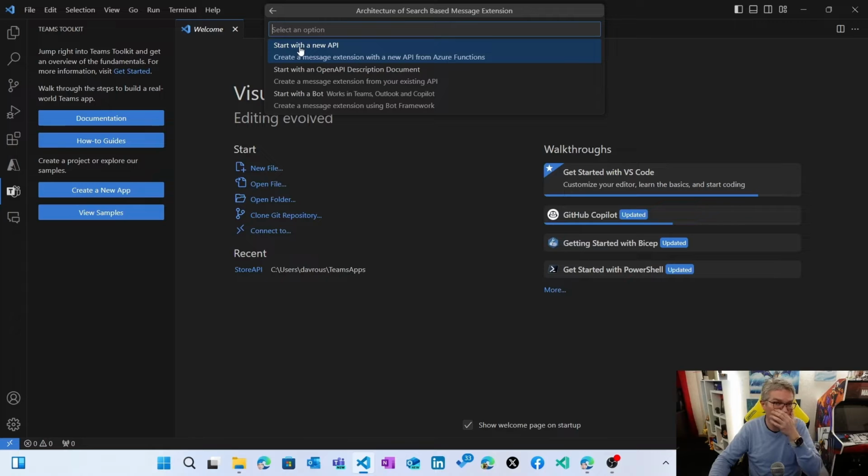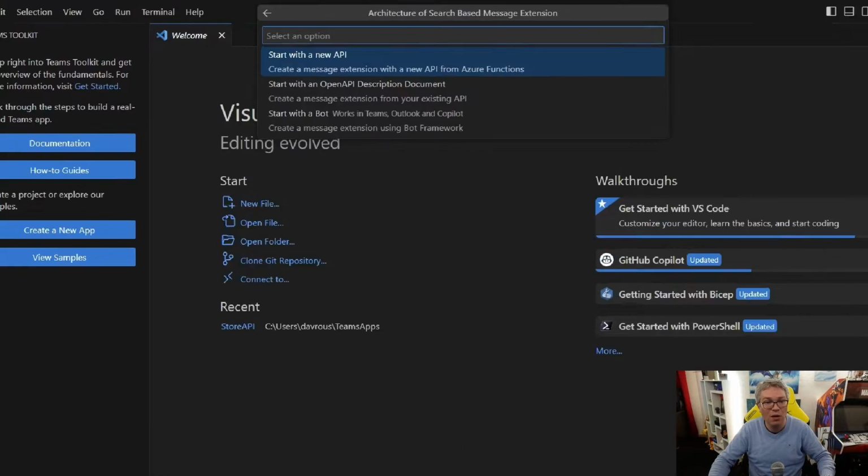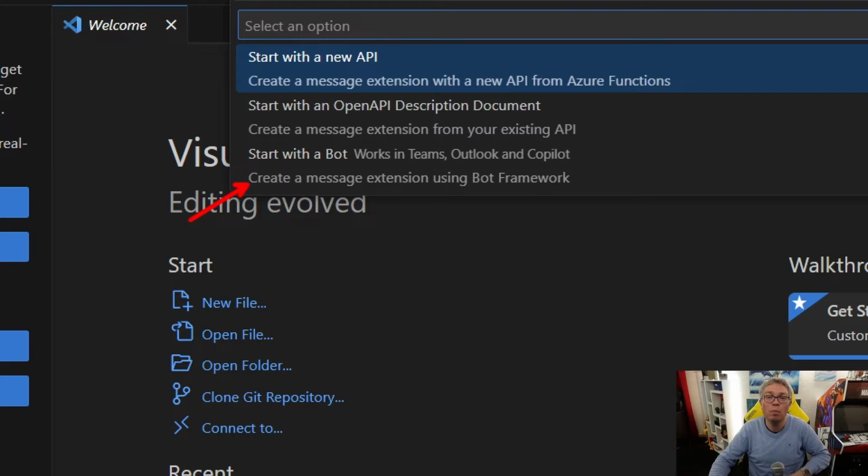When I'm selecting the search message extension, I get three options now. In the past, maybe you've been creating a bot-based message extension using the Bot Framework. This new option is faster and easier to create because you don't require the Bot Framework anymore. You just need to provide us an OpenAPI descriptor and we will be able to scaffold the message extension from that. If you'd also like to have a look at a sample, it's this one, where we will provide you not only a message extension, with everything you need including a specific manifest, but also a fake API using Azure Functions, so you may have a quick look at how it works.